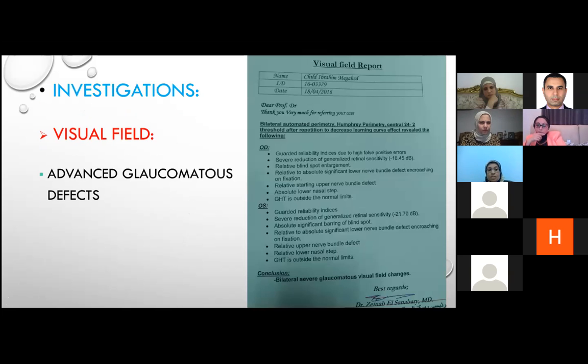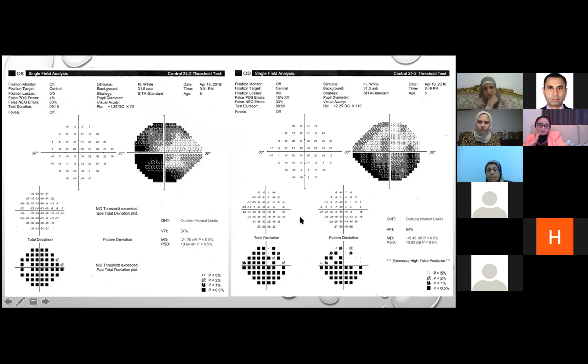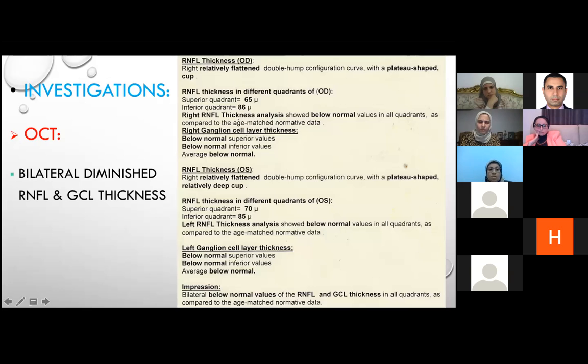The visual field showed marked defects. And the OCT showed bilateral diminished retinal nerve fiber layer thickness and ganglion cell layer thickness, which were in the range of 60s, 70s and 80s, which is too thin. Actually, I've seen children with congenital glaucoma they had